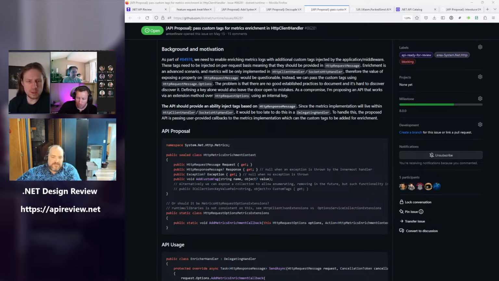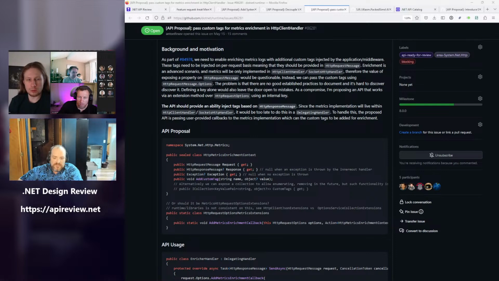Yeah, we could consider moving this extension to HTTP request message, but I personally don't like that idea because at the moment this would be specific to sockets HTTP handler and HTTP client handler, and it's a very specific feature, not something for the general public.